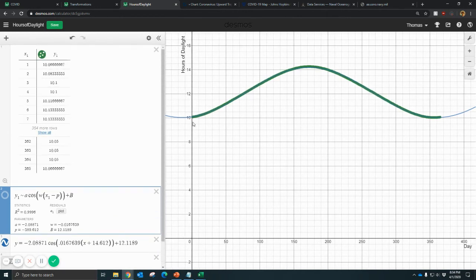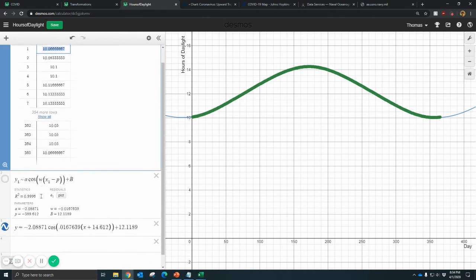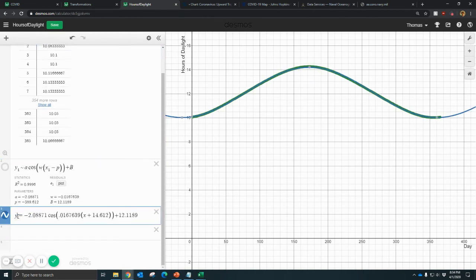So this data represents the number of hours of daylight on a given day of the year. And what we've done is created this function here. I can just say that this is f of x. We've created this function that models that data. So what is the value of this? And more specifically, what is this number here? What does it correspond to when I think about this graph? What does this number do?